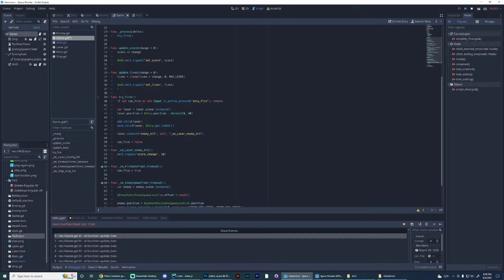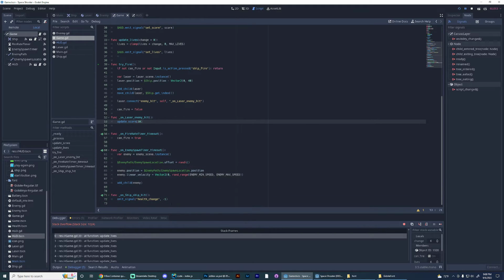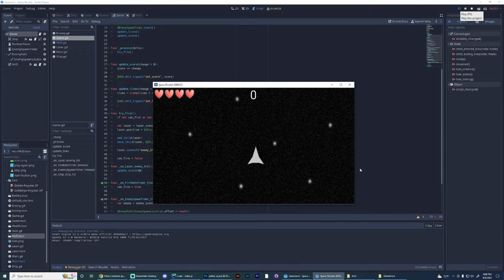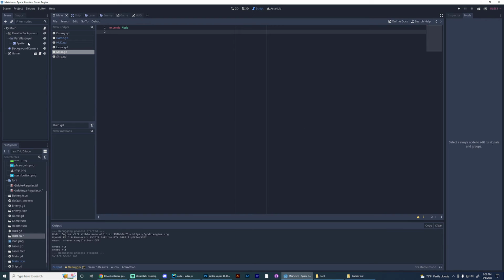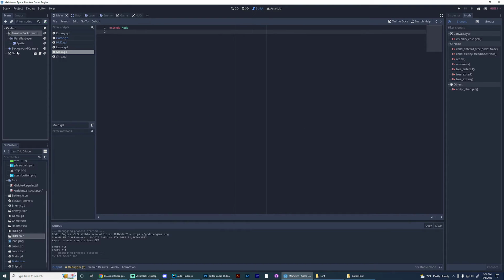We're just gonna do update score 50, and then update lives -1. There we go. We got rid of one layer of signal stuff. All right, so let's see. Give me the score, yay, and I take damage, yay. All right, cool. And then the reason I wanted to do that is because I think we're gonna